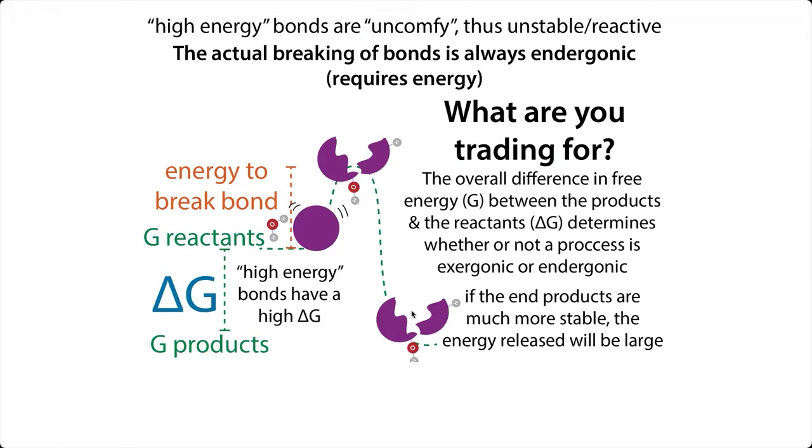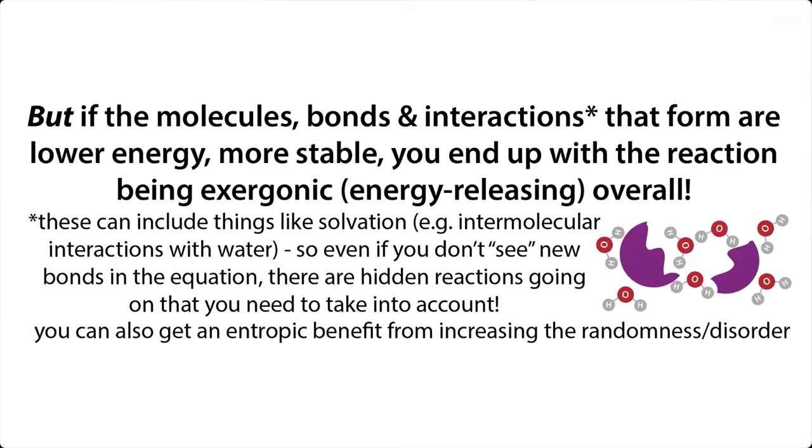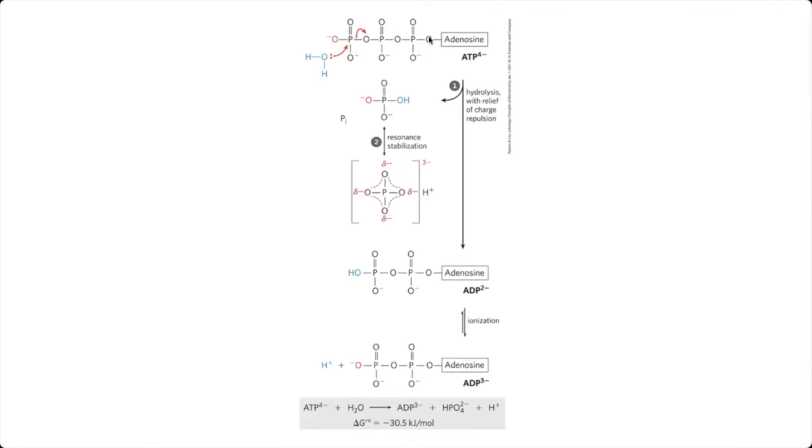So when we think about the hydrolysis of ATP, we're thinking about the reaction of the water with the ATP. And then we're thinking about the products, where we have this ADP and this inorganic phosphate interacting with other water molecules. Because this is happening in the system, we need to think about the state of the system before and after the reaction. In the case of our ATP hydrolysis, a few different things are happening.